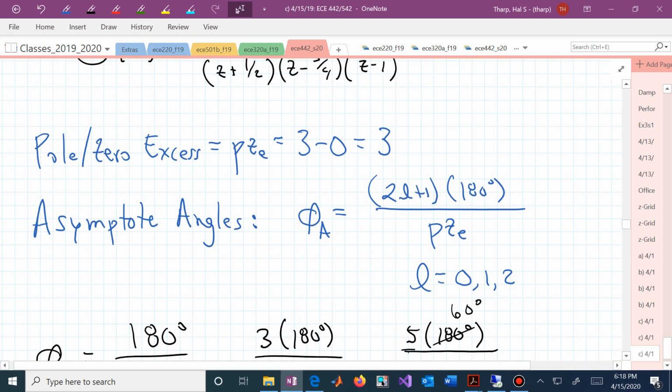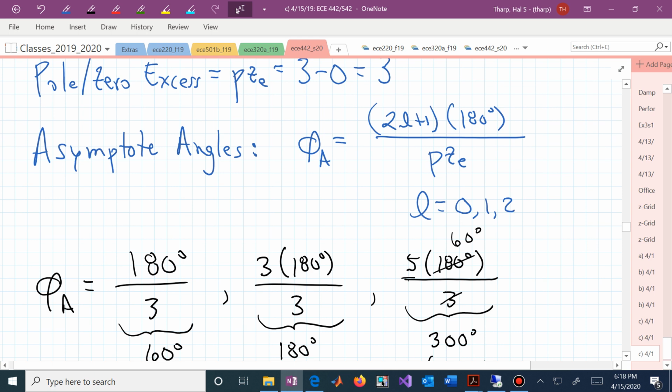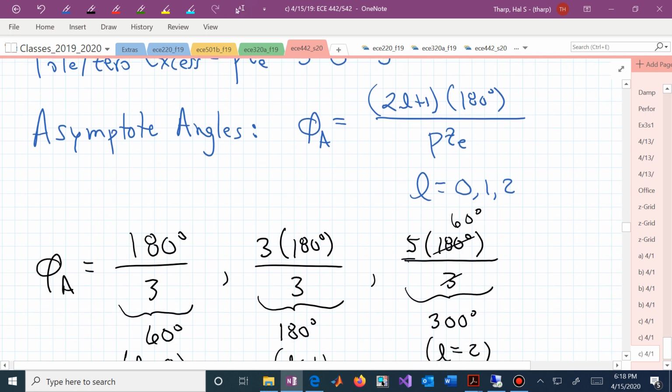The pole zero excess, or L now, is incremented from 0, 1, 2, up to, remember that's pz sub e minus 1. In this case, if pz sub e, the pole zero excess, is 3, we just need to work this out for L equals 0, 1, and 2. And if we do that, we see that we have 180 divided by 3 times 0 plus 1, that's 60